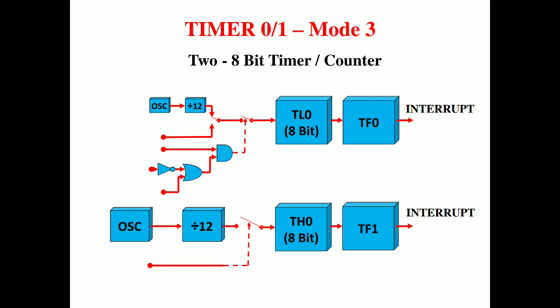So an uncontrolled condition is there for timer 1, and this condition is used in serial communication protocols, where we want to initially predefine the baud rate. Baud rate is nothing but the number of bits transmitted per second. So in case of serial communication, generally we talk about 2400, 4800, 9600 baud rate.